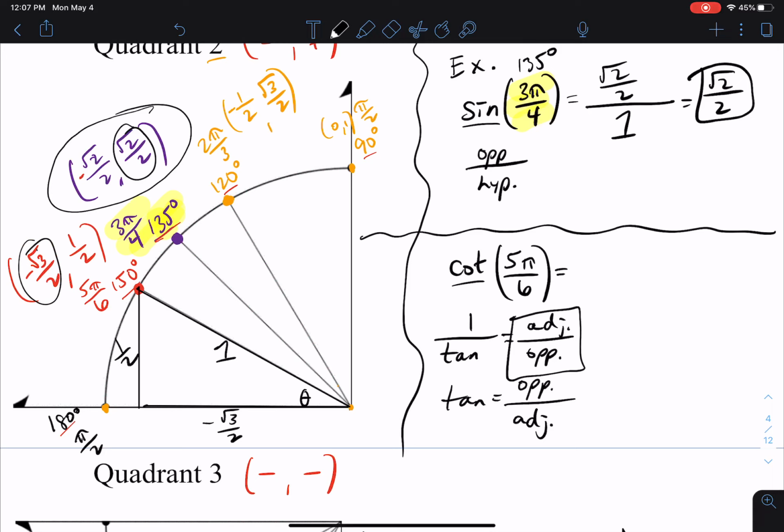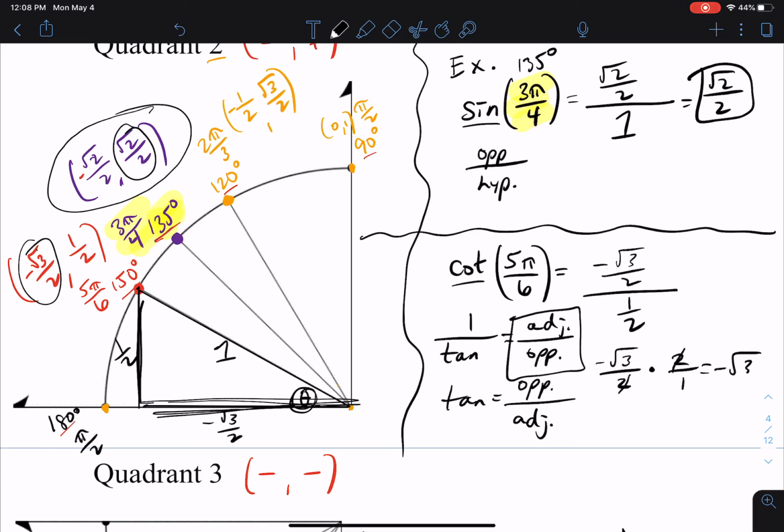So now, adjacent to this angle is this side, so that's negative square root of 3 over 2, divided by opposite, which is the height in this case. Well, if I'm dividing a fraction by a fraction, I can keep the first one, change, multiply by the reciprocal of the second. So the 2's are going to cancel out, and you get the negative square root of